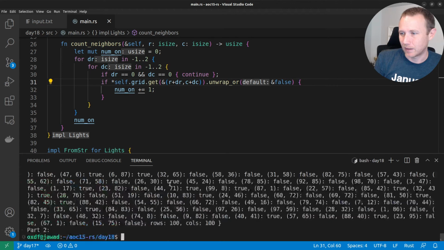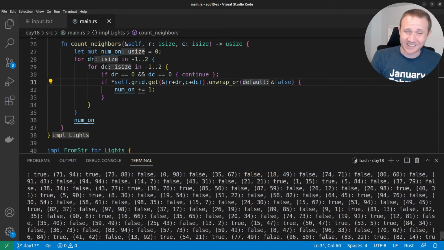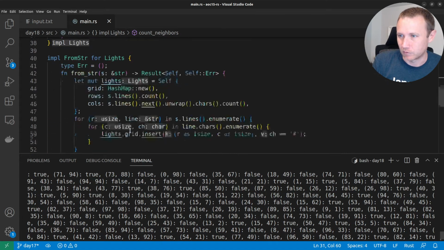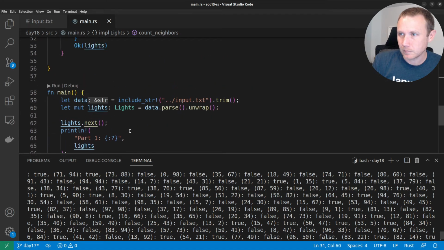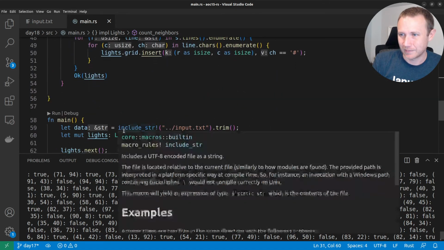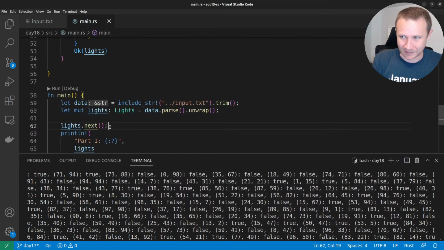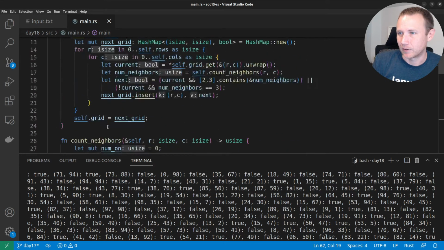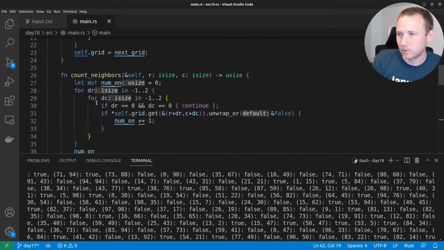So now if we run this, we get a grid. Now, I can't say this is right, but let's pretend it's right. If it doesn't end up right, we'll certainly go and troubleshoot. I guess I could come down here and do lights.next 100 times. But that's a pain in the butt, right? So let's come here and we'll do